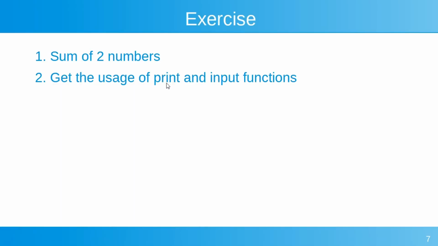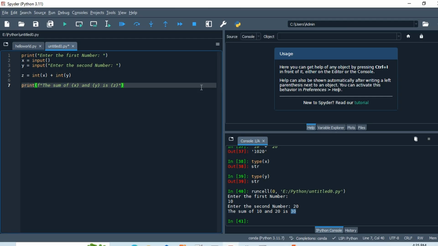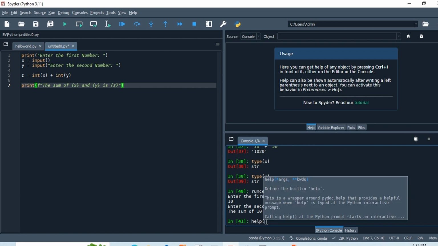The second exercise is to get the usage of the print and input functions. I already told you about an example in Linux, right? There we have a command called man. If we give man space ls, it will give the details about the ls command, like what its purpose is and how many arguments it can take. In Python also we have a function to get details about a particular function, and that function is help. So if you give help input,